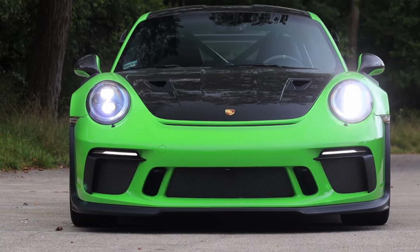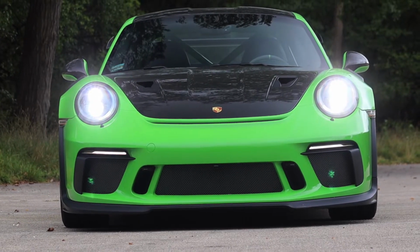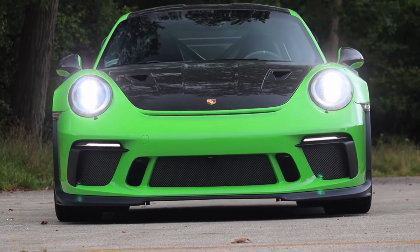It's the car. I mean, it's just so visceral, so amazing, so beautiful that I will have plenty to touch